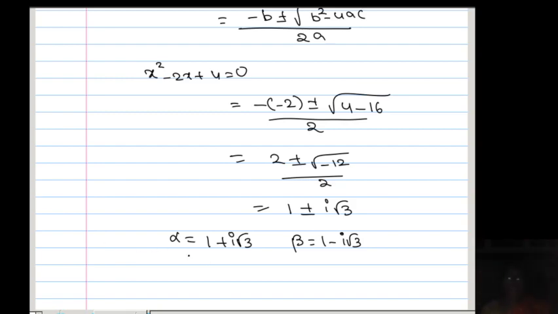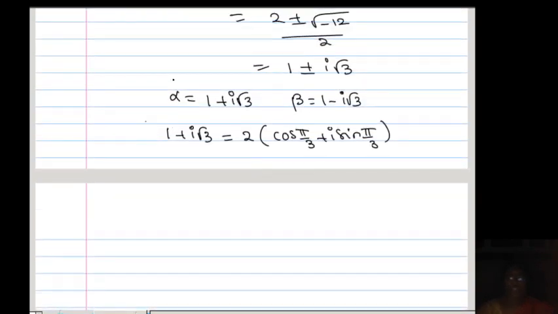Okay, so now I'm writing this as alpha power n plus beta power n, but just now I discussed that alpha can be written in polar form. How to write into polar form? 1 plus i root 3. In polar form, r means what here? Under root 3 square plus 1, which is 2. So what is theta here? r is equal to 2 and theta is tan inverse of y by x, root 3 means pi by 3. So I am writing this as 2 times cos pi by 3 plus i sin pi by 3, polar form.